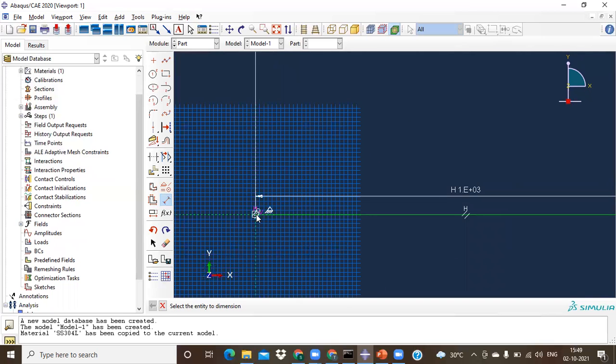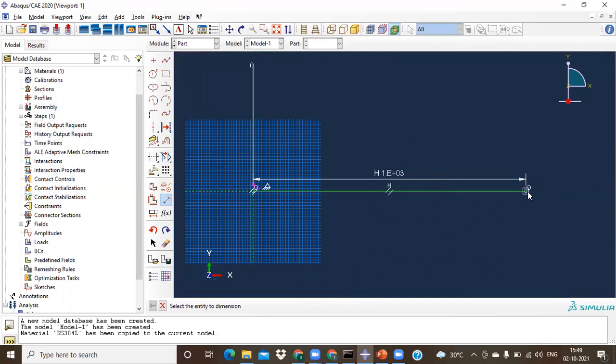So here, to specify this, I need one distance from here to here. That's it. That's a 1D, one length is sufficient, right? That's why it is in a green color. There's no need of any other dimensions. With one dimension, it's becoming green, because the origin is already a fixed position, right? 0, 0 is already represented.